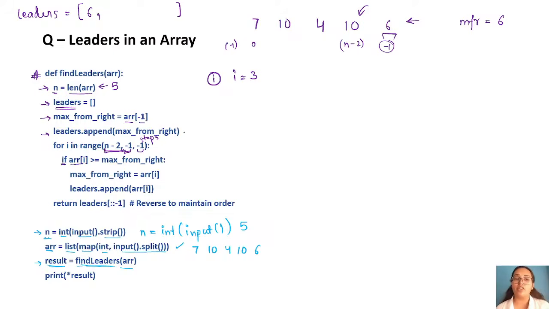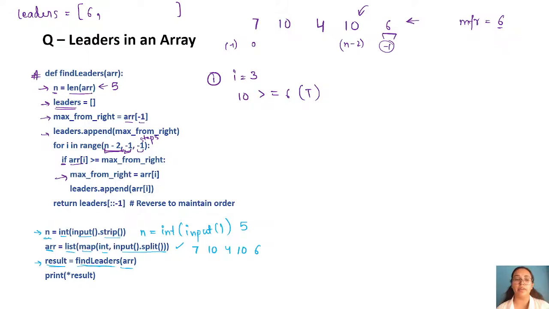Now if arr of I, now arr of I is what? Arr of 3 is what? 10. Is my 10 greater than or equal to max from right, which is 6? Is this true? Yes, this is true, right? And because it is true, what we have to do is